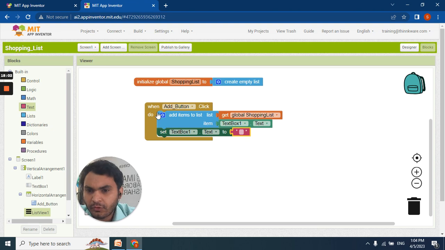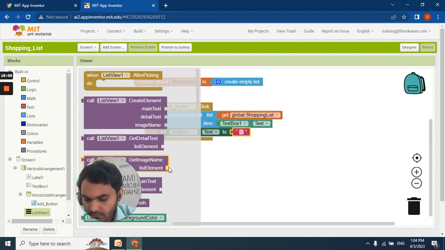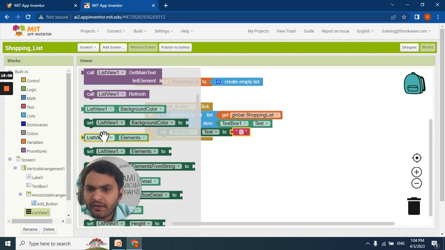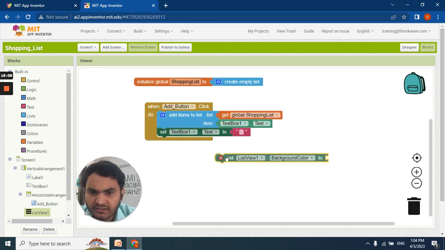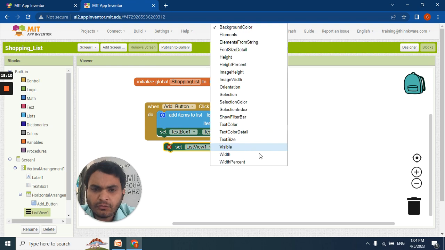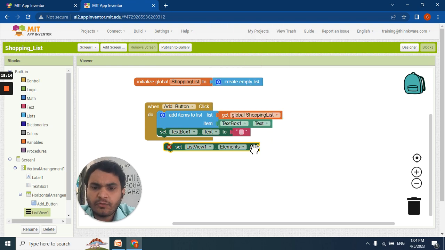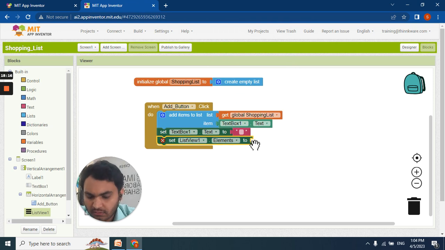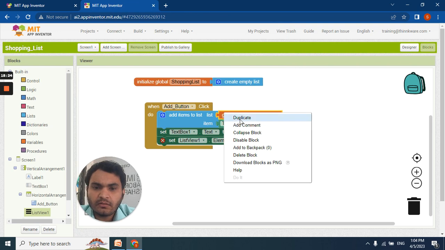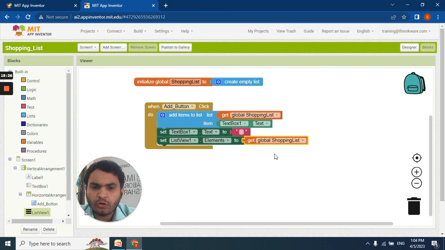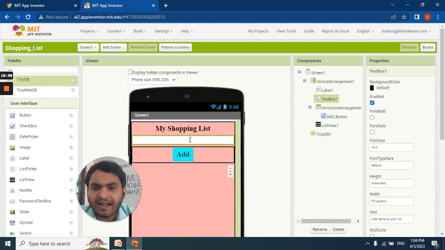So now we need to go to list view, and in a similar way we need to choose a block for the list view also. List view elements, whatever elements you need to add will be added here. Now we need to get this global list here, the global list, empty list.